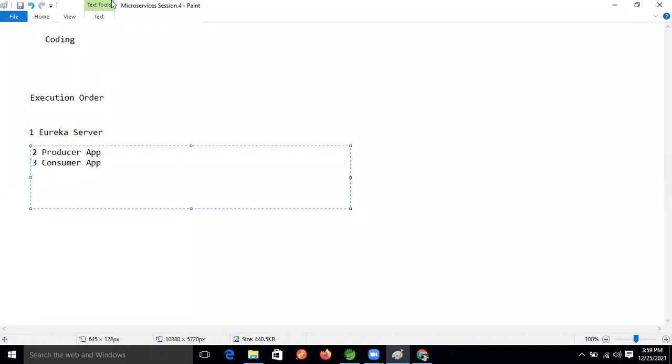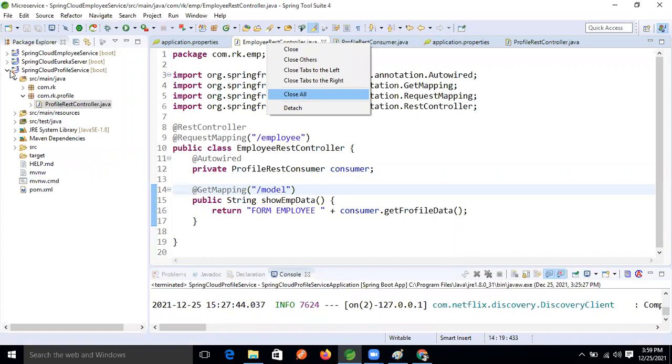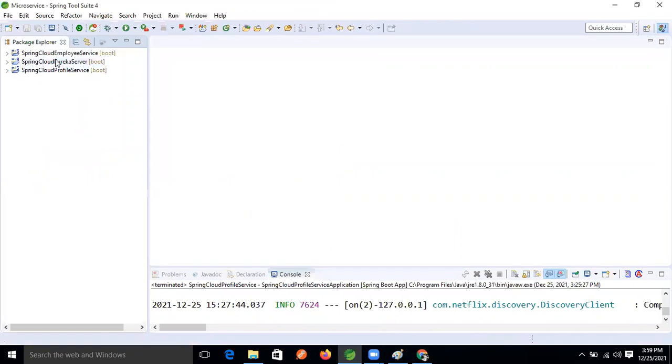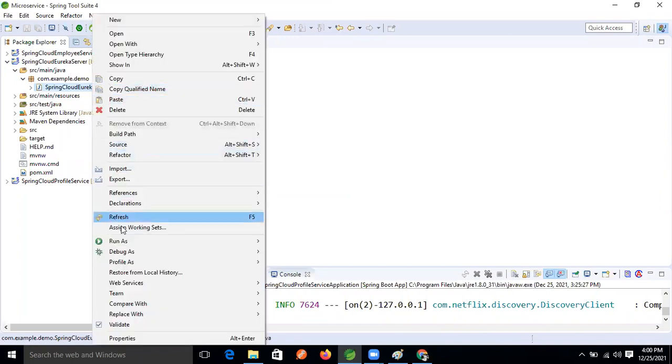So I'm closing everything now. First, open the Eureka server project. Now run this one.